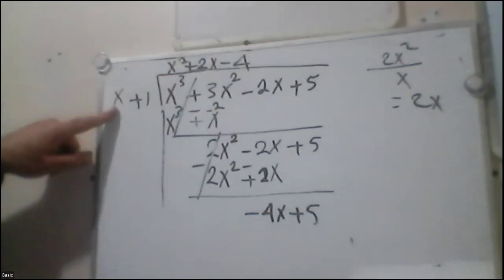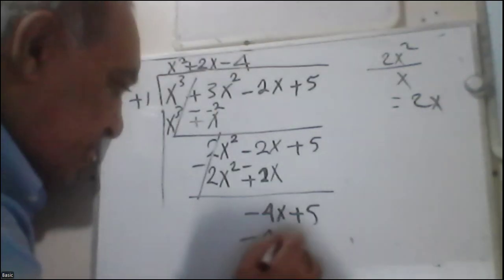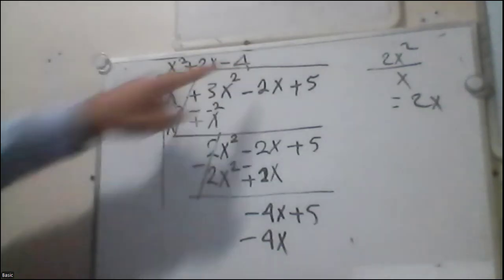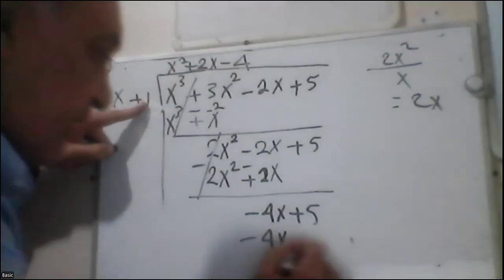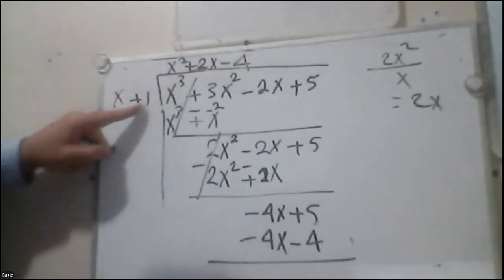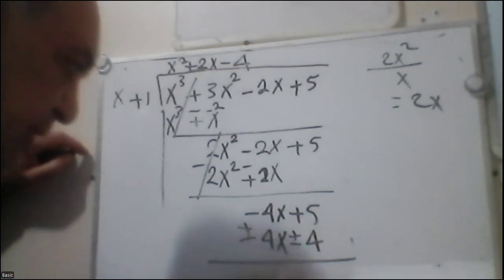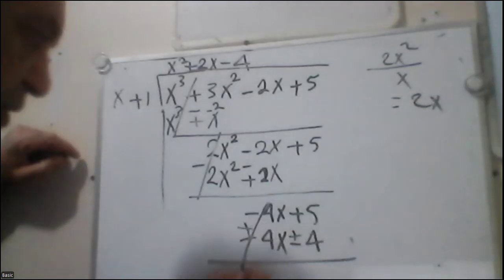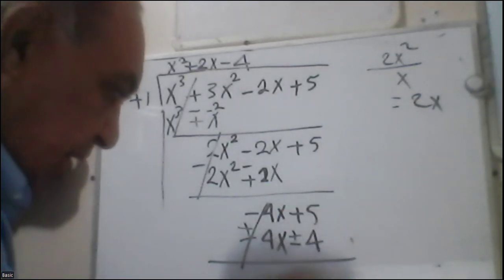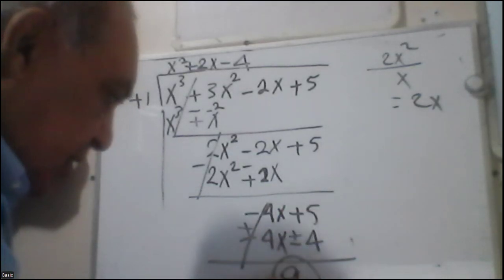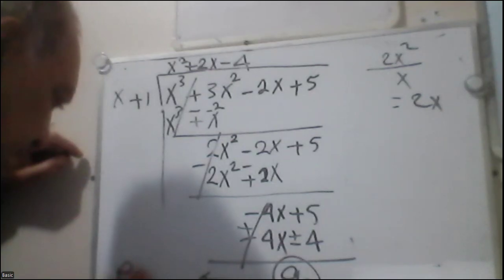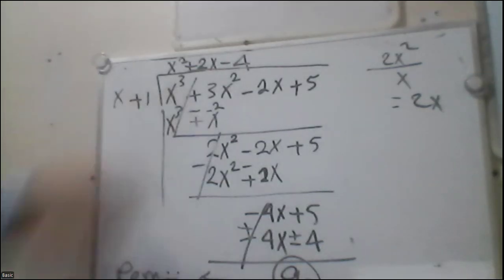Minus 4 times x will give me minus 4x, and minus 4 multiplied by 1 will give me minus 4. So here now, I will subtract. This will be positive, this will be positive. This will go with this, and 5 and 4 are 9. So here, this is the remainder. 9 is remaining from this